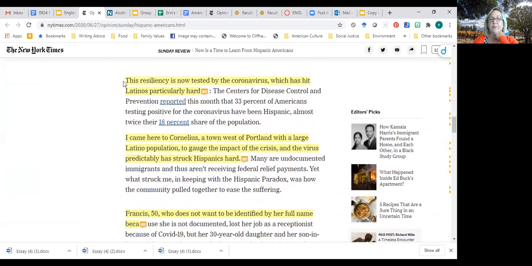And now he makes another claim. He says, this resiliency is now tested by the coronavirus, which has hit Latinos particularly hard. I didn't initially know this.